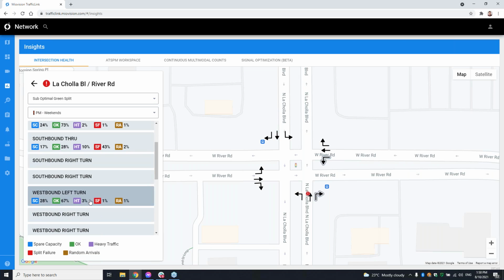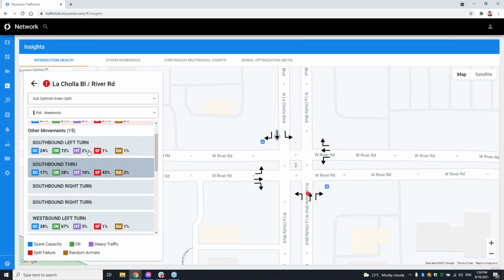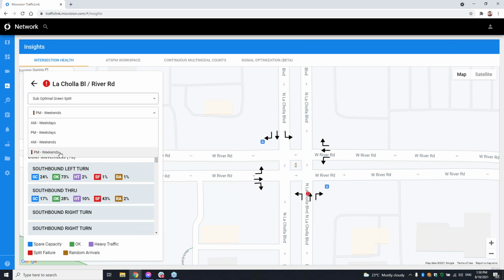All right, here we go. Here's one with a little bit more. So you can see when you click on one, it still highlights exactly where the problem is. In this case, there is only a single time period on the weekend that it's highlighting for a suboptimal green split. But here what it's looking at is we have our northbound through that has 21% spare capacity and 51%